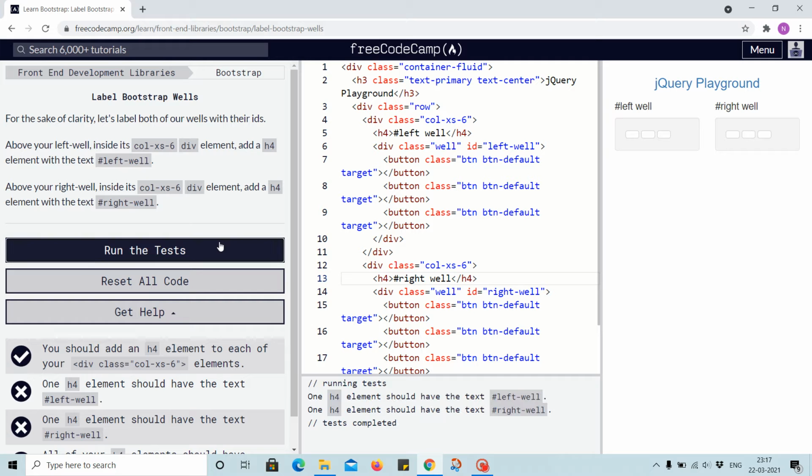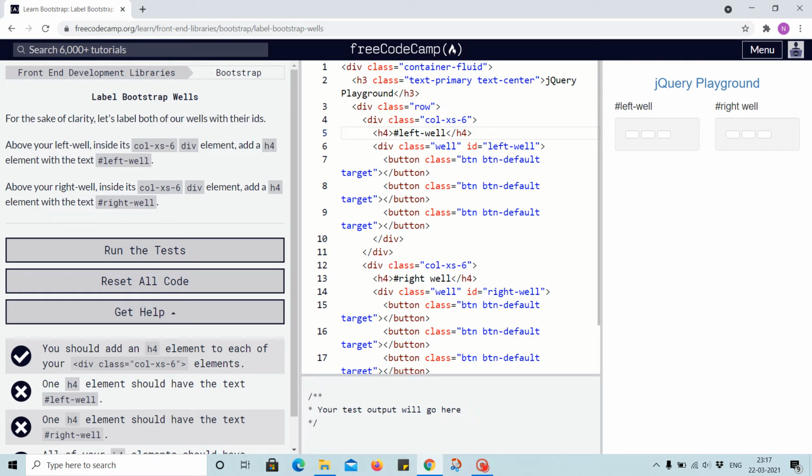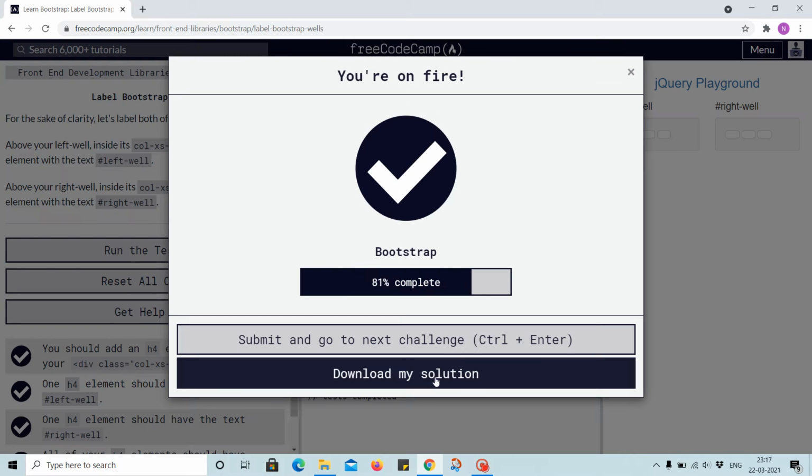Let's run the test. H4 element should have the text left wheel. Okay, left hyphen wheel instead of space right wheel. Let's run the test and download my